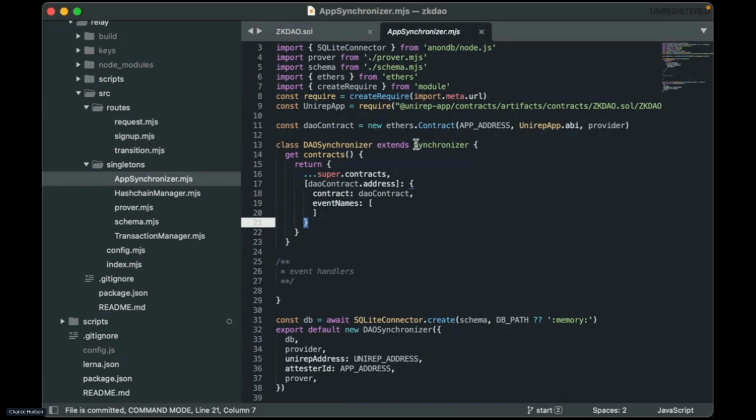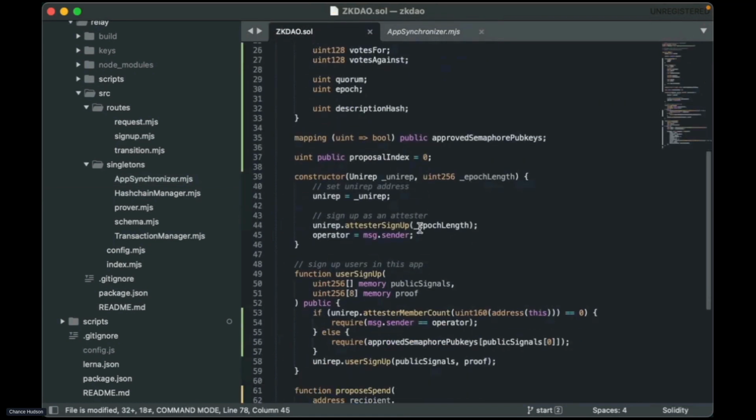At a high level, it just listens for new blocks and then listens for new events and then processes the events by ingesting them into a local database. We allow this synchronizer to be subclassed, and then you can define this sort of complicated structure that we're going to fix in the future, and it will automatically listen for and process events on your behalf.